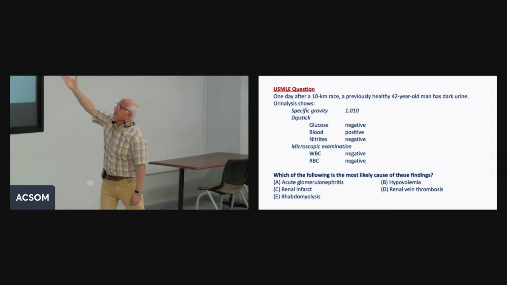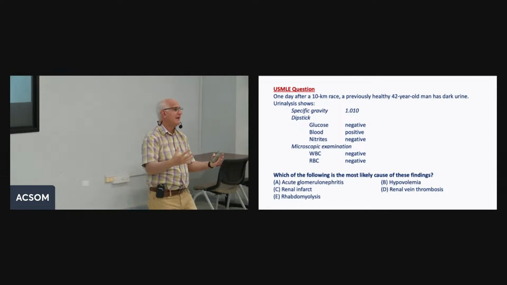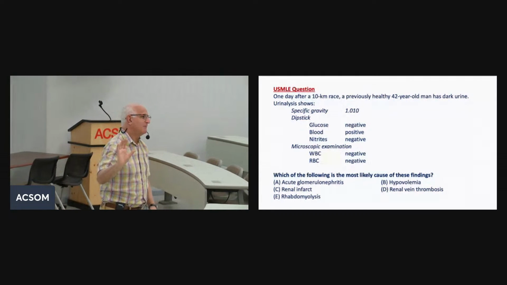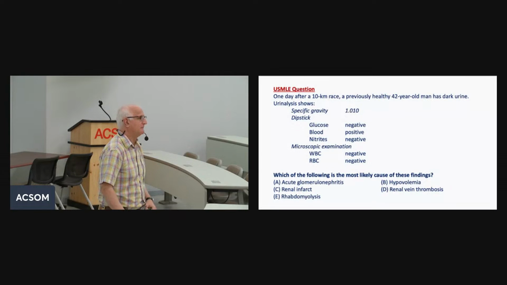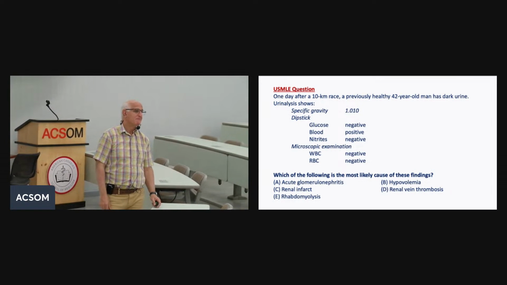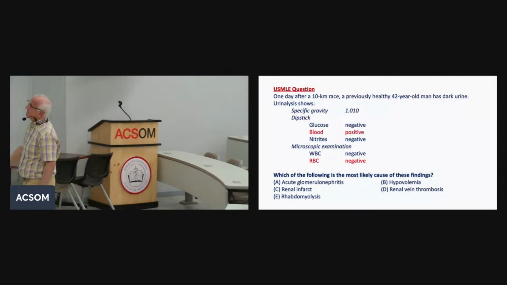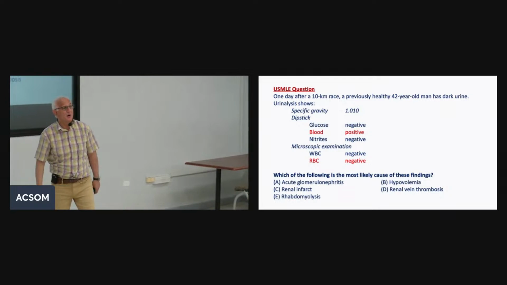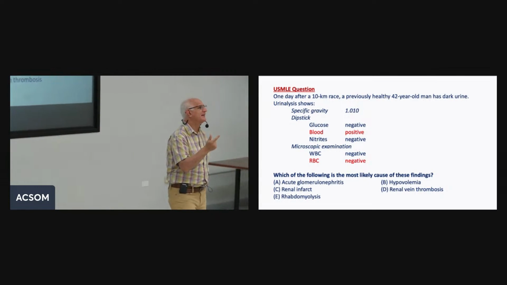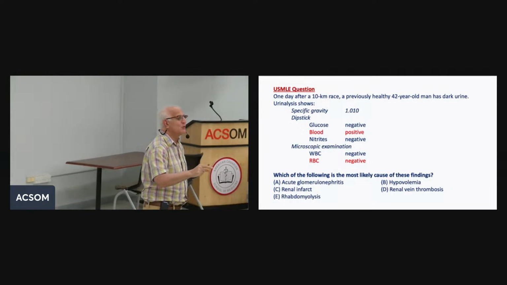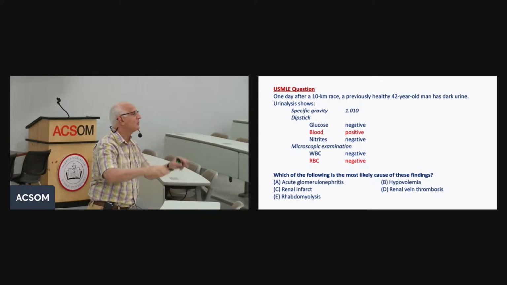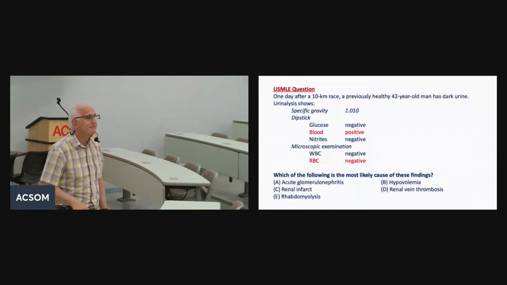Something should be bothering you in this test. That's what I'm looking for. Please be bothered by something. Think about it, look at it. Something should be just not feeling well. Is there something you can come up with? One tells you there is blood. This one tells you there is no RBC, right? That should be the trick. That's the key. The dipstick tells you there is blood in this urine. Then you look under your microscope, no blood whatsoever, no RBC whatsoever. That's a